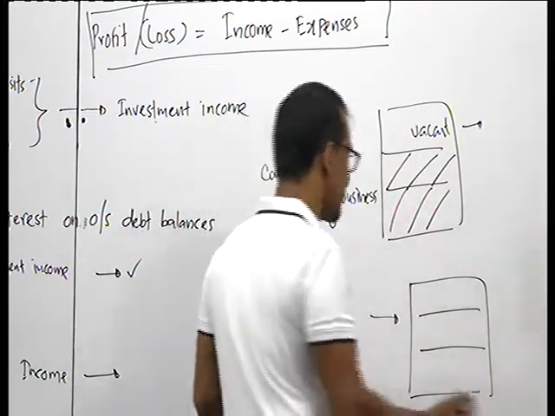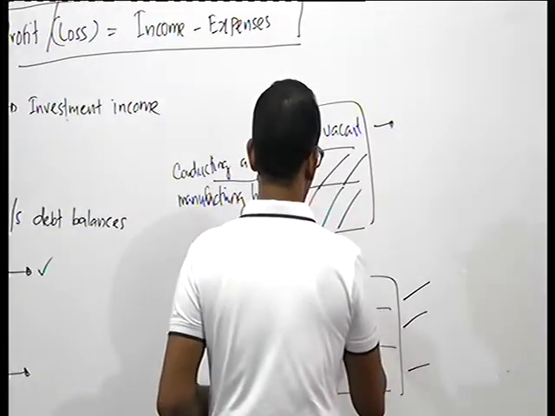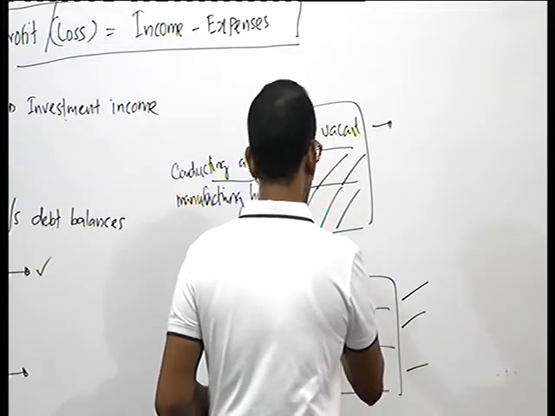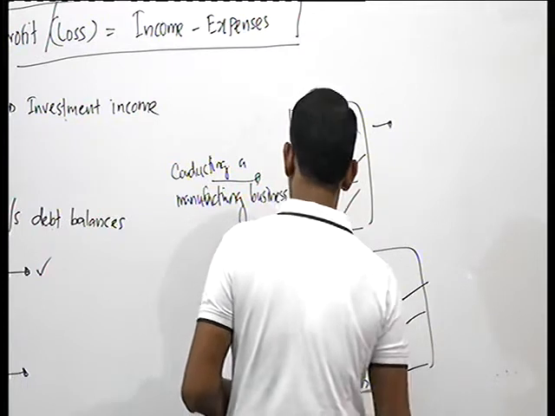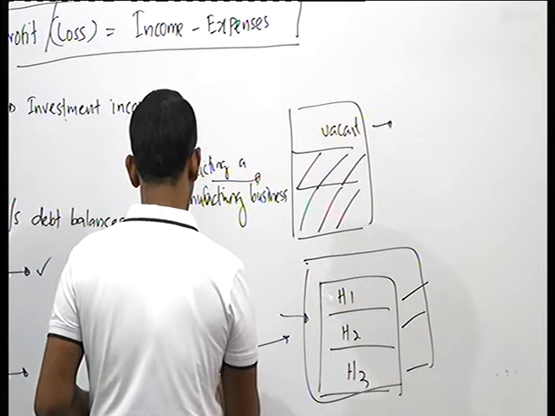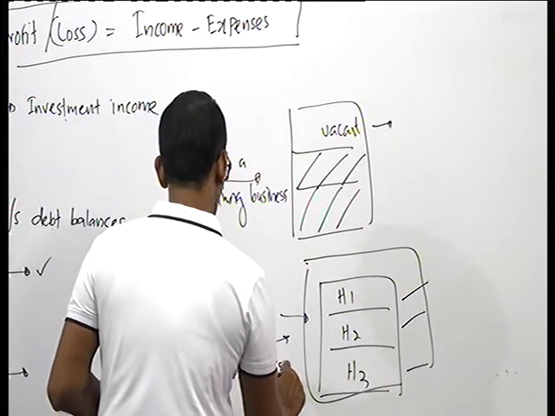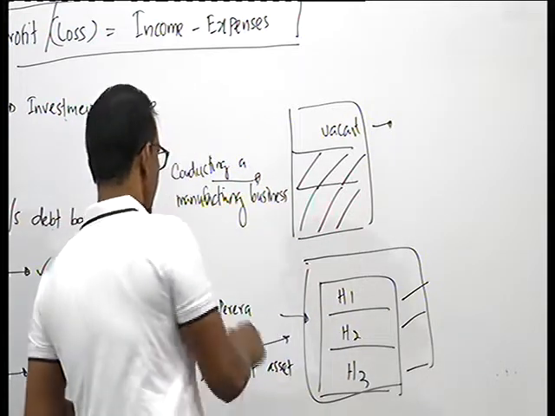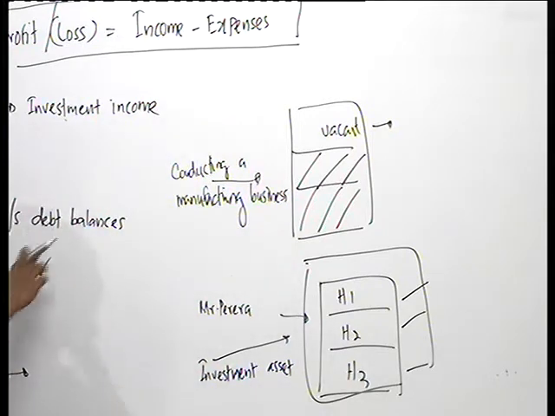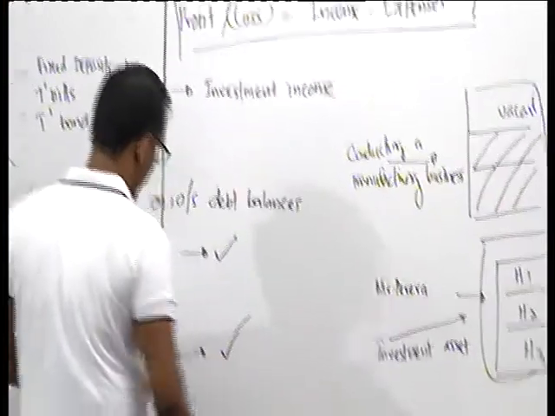He has, say, an apartment and 3 houses, say house 1, house 2 and house 3. And this building he owns as an investment asset. Now by letting this investment asset, if Mr. Pereira earns rent income, then obviously that will fall under the investment income category, but in the earlier scenario it comes under business